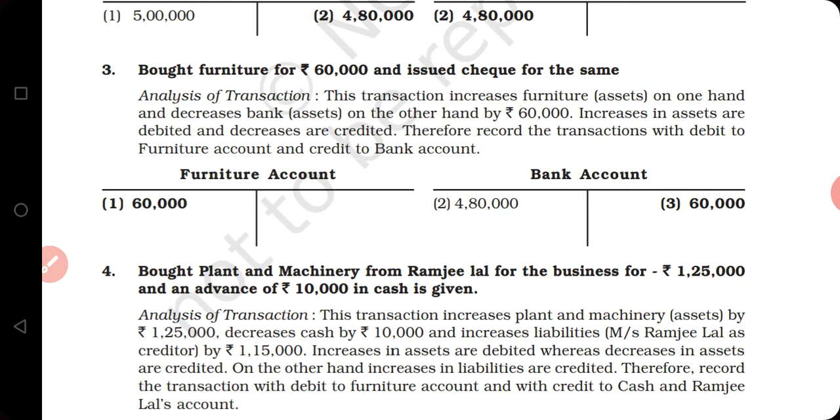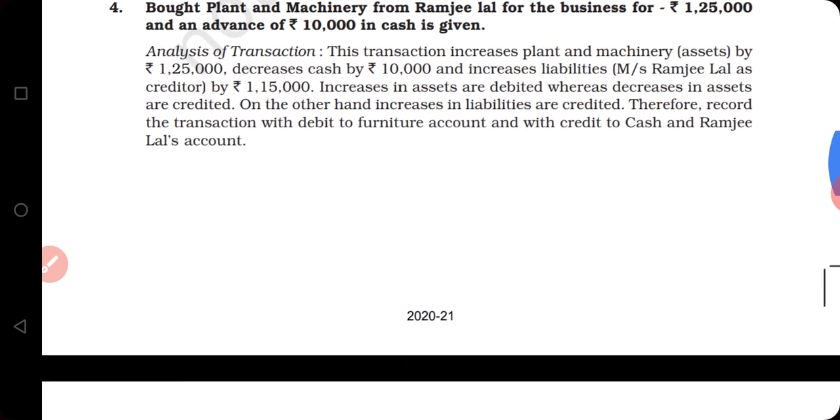So see, bank balance earlier 4 lakh 80,000, and we are issuing one check of 60,000. So we will show in the credit side, and credit side means your bank balance, or your current assets, is reducing. Next is fourth,